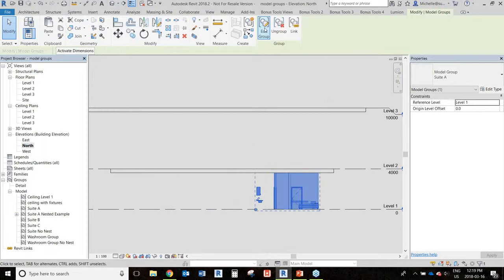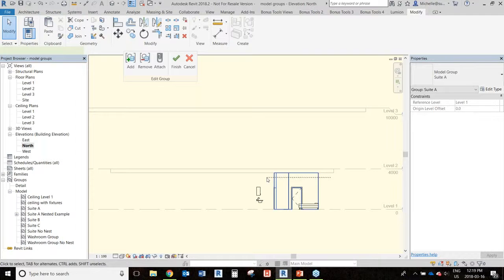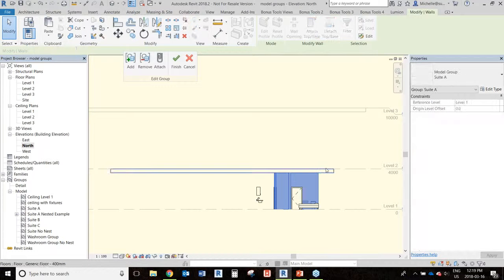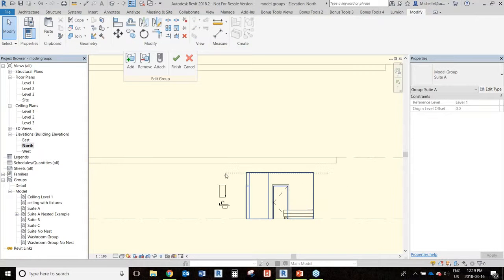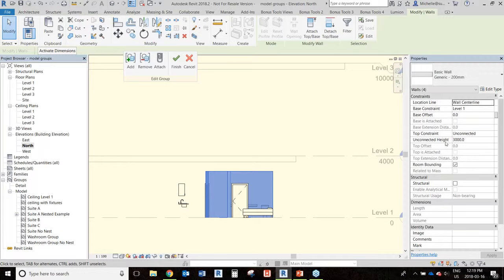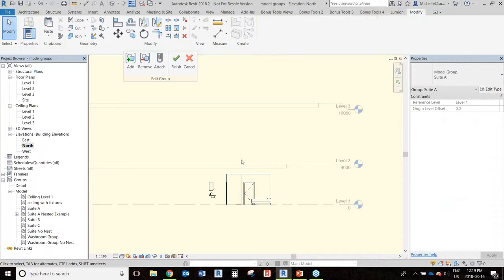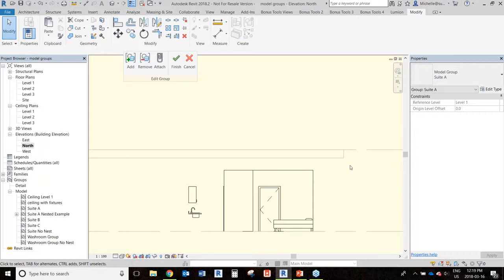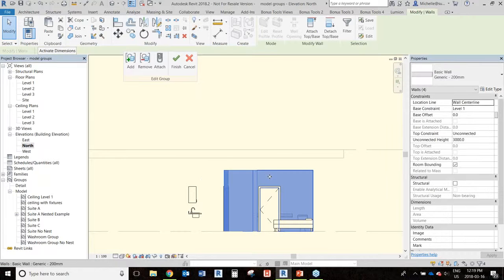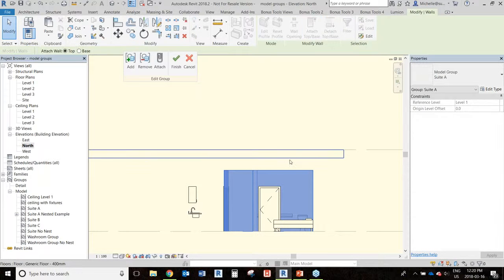So just going to edit this group. And so let's say we've gone through and connected them up to level 2 and given them an offset down below. The problem is when you copy those up to another level, if you have a different height there, Revit's not really sure what to do because it's trying to connect to the level, but the height isn't the same, and it's a problem. So what Revit will allow you to do is to select these walls and attach them